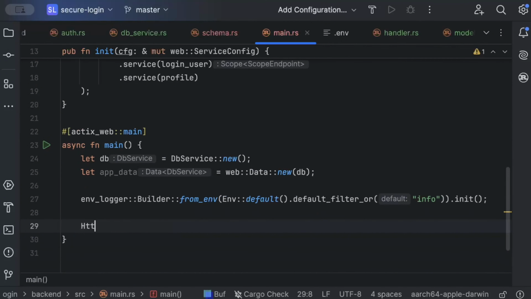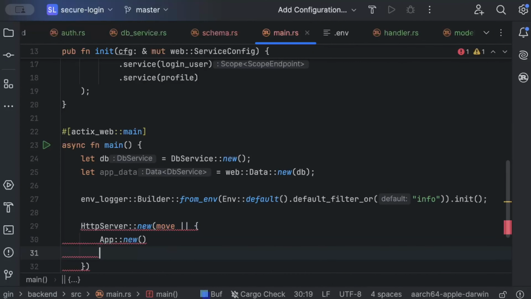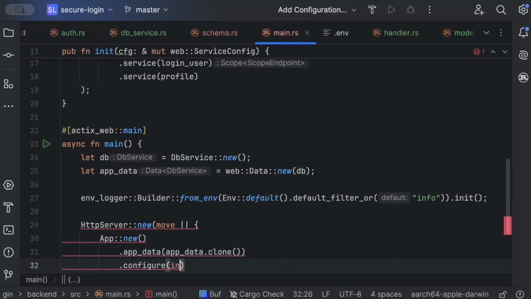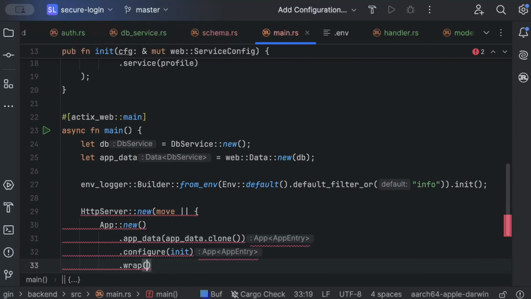And then http server new move, and let's add the app here, new, app data as app data.clone, and configure init for routes, and wrap with actix web middleware logger default,